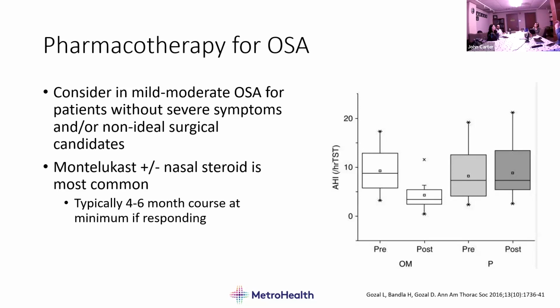Reason that's the sweet spot is that's the point at which the tonsils and the adenoids are at their largest relative to the size of the airway. If you can get that kid past that size, that space where the tonsils are at their largest, their airway caliber is going to increase, their tonsil size is not going to increase, and so their obstruction is going to improve. That being said, if they're symptomatic, you often don't feel comfortable saying, hang out for a year. I mean, a lot of development happens in a year. So that's where medical therapy can come in.